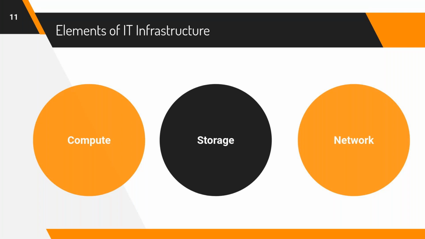Forget about cloud or forget about on-premise. On-premise or data center means you're maintaining your own servers. Okay, cloud is someone else is maintaining your servers and you pay for the amount of resources you're using. So irrespective of whether it's cloud or on-premise, your IT infrastructure can be divided into three main aspects. Okay, compute, storage, network. Compute is nothing but your CPUs, your RAM, your processing power.